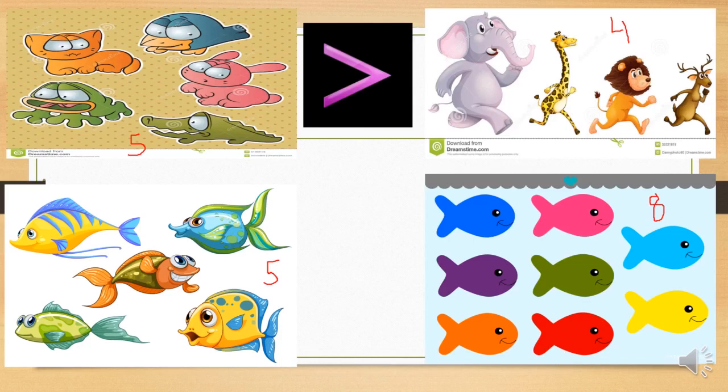Okay. So this side 5, this side 8. Children, you know number 5 is less than number 8. 5 छोटा नंबर है, 8 बड़ा नंबर है. ओके. और आपको आगे वाला नंबर ही देखना है. Whether if the number is greater, so you will put a sign of greater than. If this number is smaller, you will put a sign of smaller than. If both the numbers are equal, so you will put a sign of equal to. But this side the number is smaller than 8, so we will put a sign of less than. Okay.